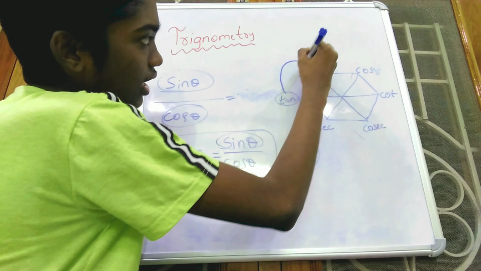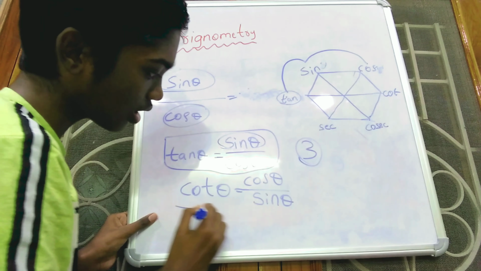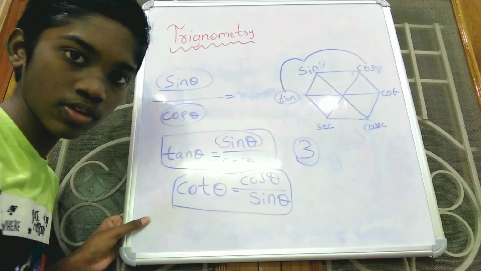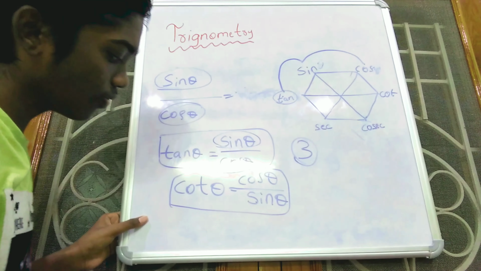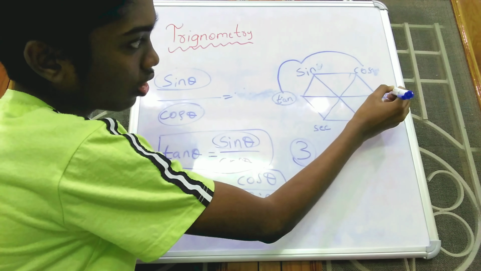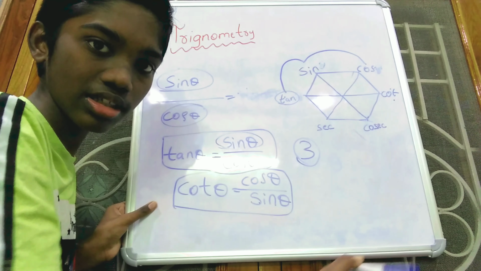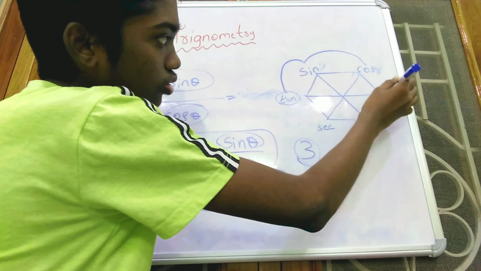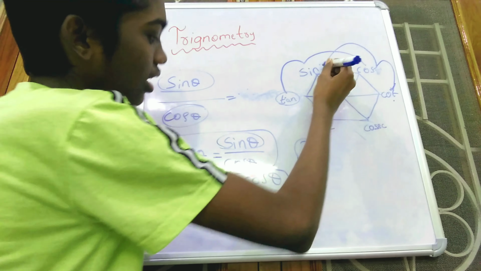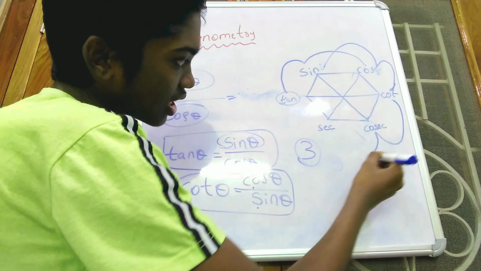Tan theta equal to sin theta by cos theta. We got the formula. Now cot theta, there is another formula. Cot theta equal to cos theta by sin theta. You will not need to memorize this formula. By drawing this hexagon, where is cot theta? Cot theta is here. Now we have to go back or front by two vertices. We have to jump two vertices, either back side or front side. So let us jump back side. Cot theta will be equal to cos theta by sin theta. We got the formula. Cot theta will also be equal to cosec theta by sec theta.